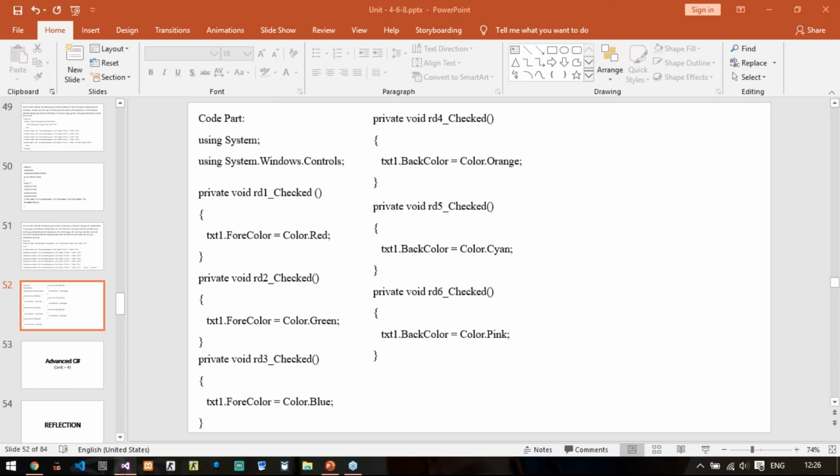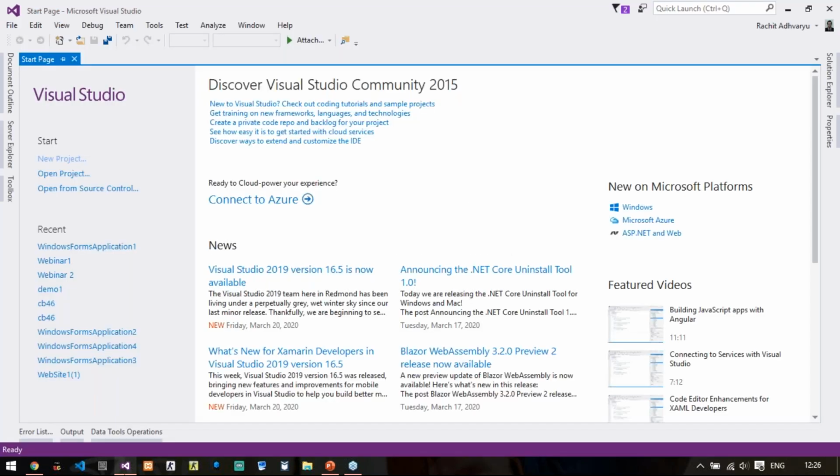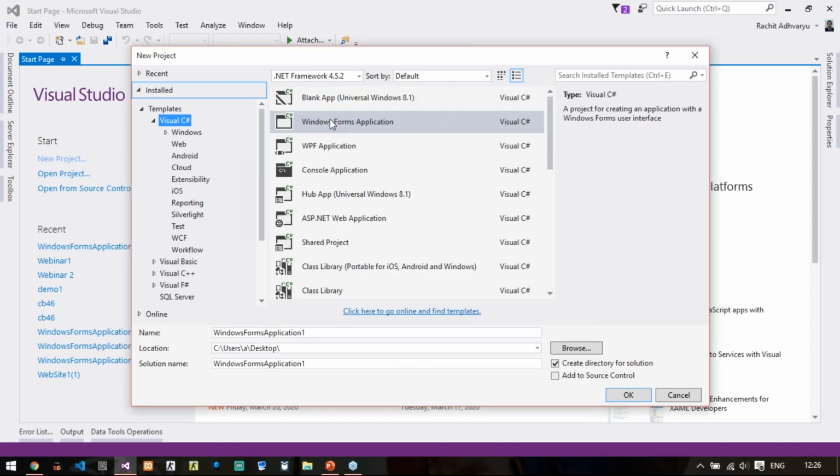So go to Visual Studio, File, New, Project, and instead of Windows Form, I will select WPF Application, and my language will be C Sharp. Click on OK.